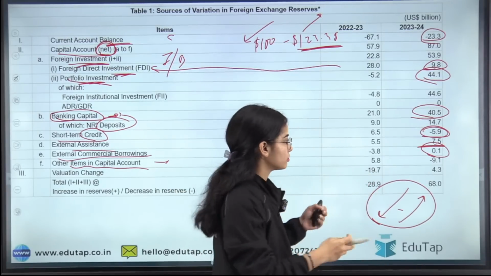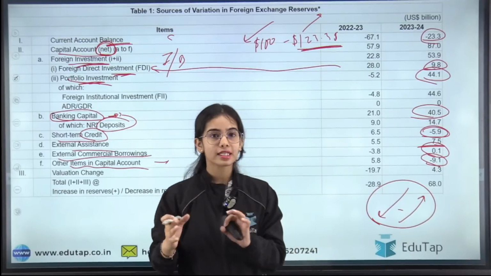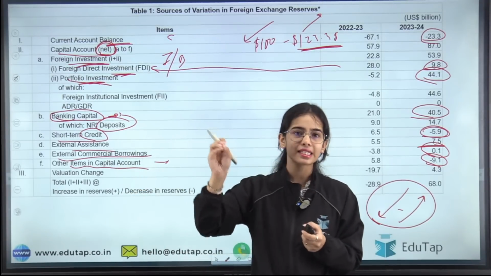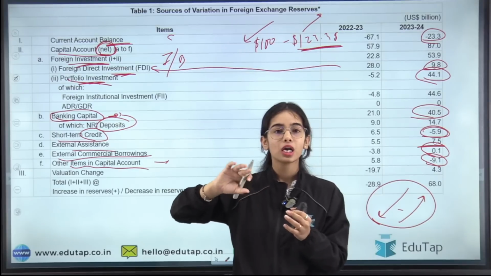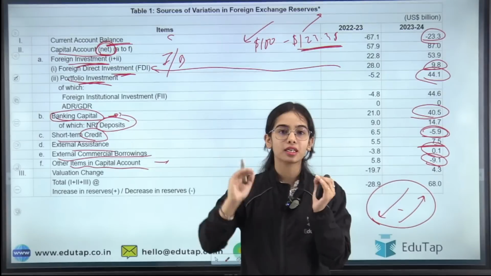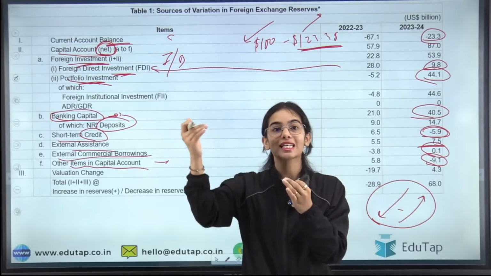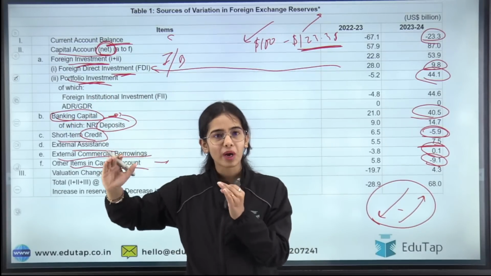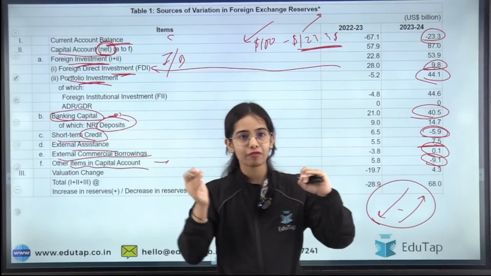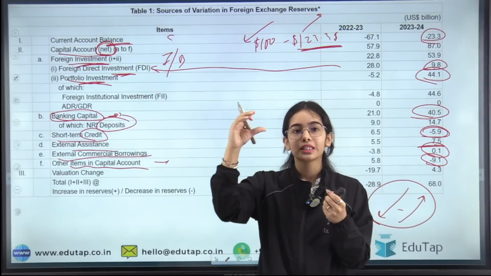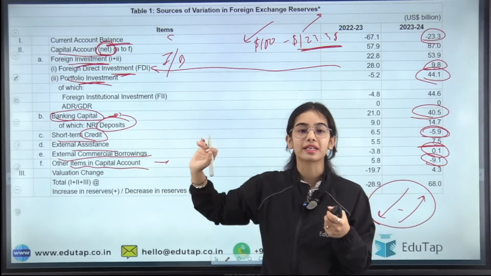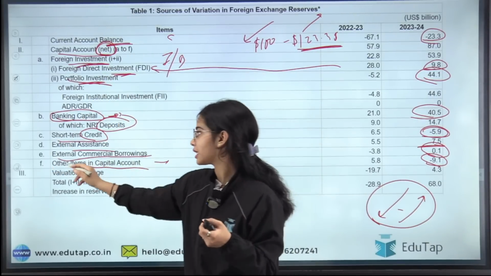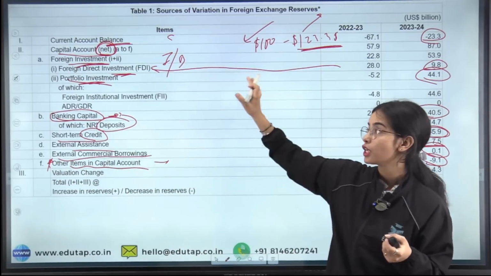So this is in negative. Okay, errors and omissions can happen, so that is also taken into account in other items, as well as SDR allocations. Or there is some kind of money, like let's say Tata has earned profits, but those profits have not entered our country because they are being kept in foreign currency accounts. After 100 days, after 180 days, they will come into our country. So these are the other items in the capital account, that is, the money in foreign accounts that has to come into our country. So this is the capital account.